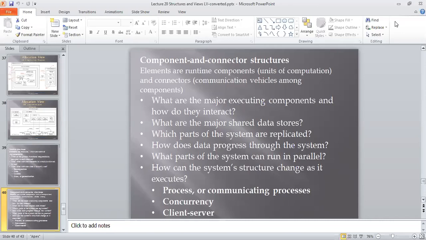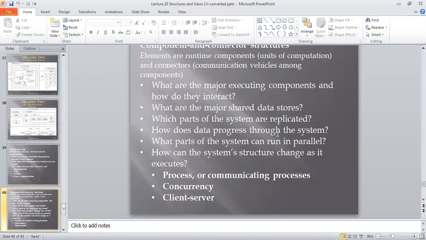After satisfying all these prerequisites, while constructing component and connector structures, three components are used. The three components are: first, process or communicating processes; next, concurrency; and third, client server.